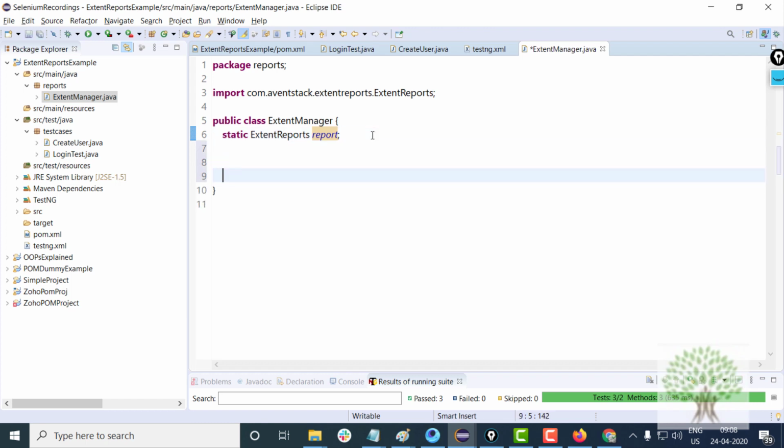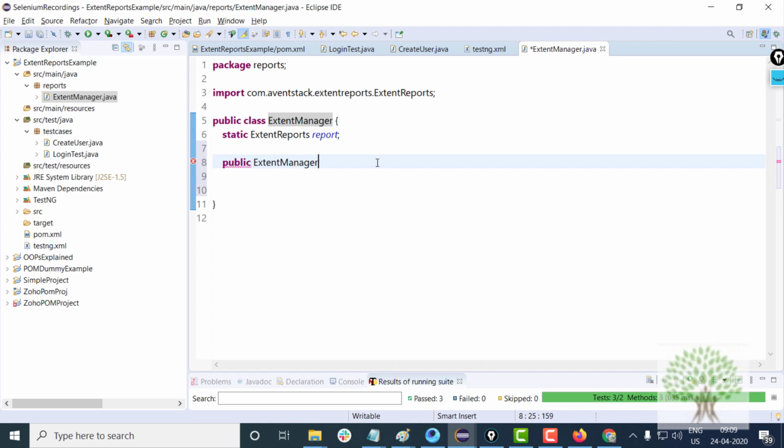Okay, I'll make a function inside it, public extent manager getReport.